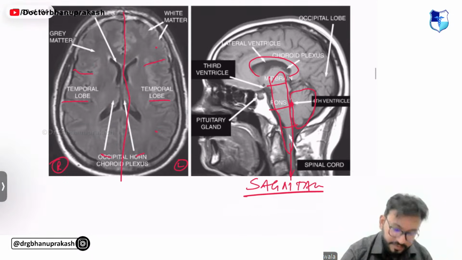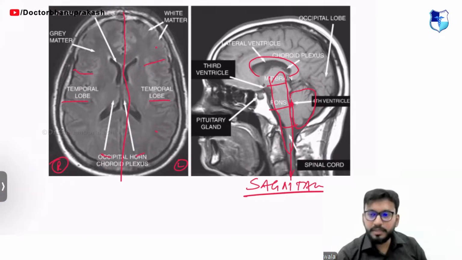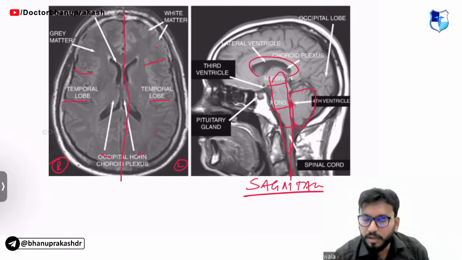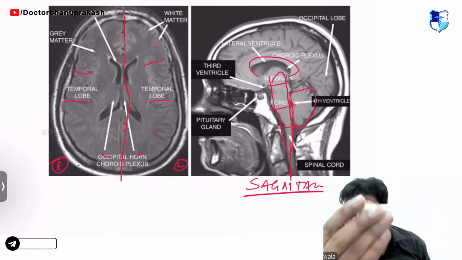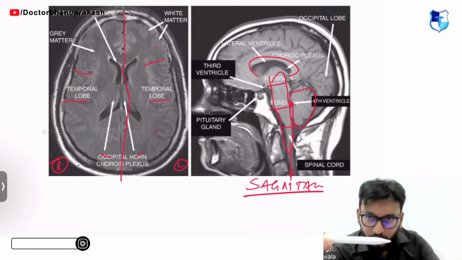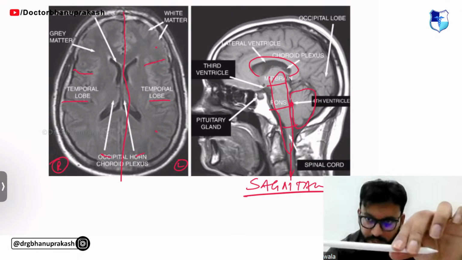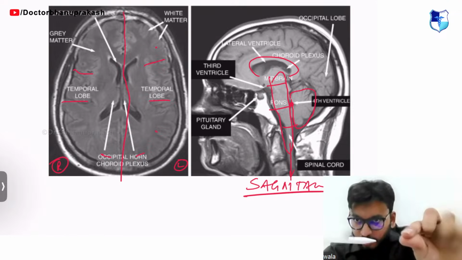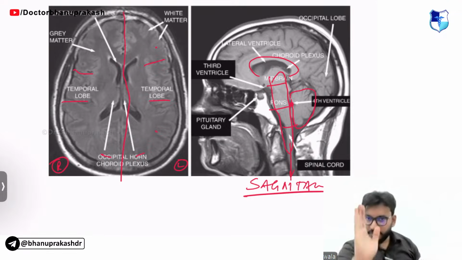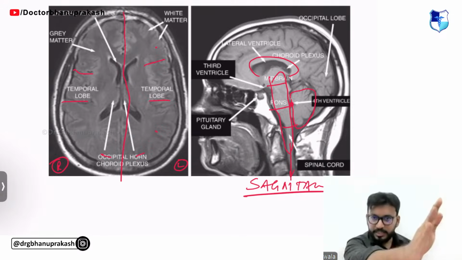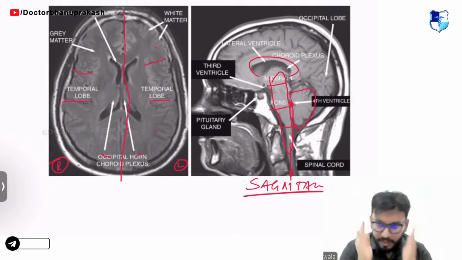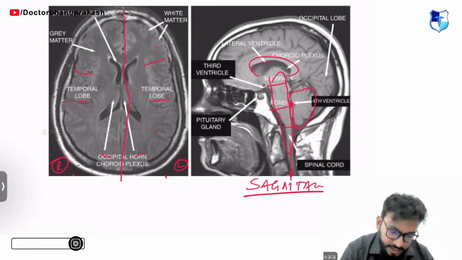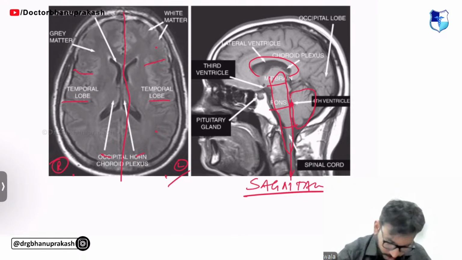Okay, which is right, which is left? Remember, guys, whenever you look at a CT film or an MRI film, always imagine you are looking at the patient from his legs upwards. It means if the patient is lying down, look at this pencil. This is the leg of the patient and this is the head of the patient. You are looking at the patient from the leg end. Now imagine if you're looking at someone from the leg end, towards your left will be the patient's right, and towards your right will be the patient's left. And this is how you remember. If you see this, looking at the patient from his leg end, this has to be the right and this has to be the left. Okay, come on.